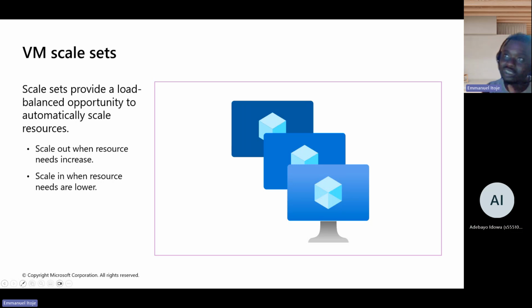If you're deploying the other one, you have to create a load balancer yourself, right? But once you are deploying a virtual machine scale set, we're going to do this, you're going to see how it looks. If you're deploying a virtual machine scale set, it automatically deploys a load balancer to make sure that your resources are being used efficiently. And with virtual machine scale sets, you can build large scale services for areas such